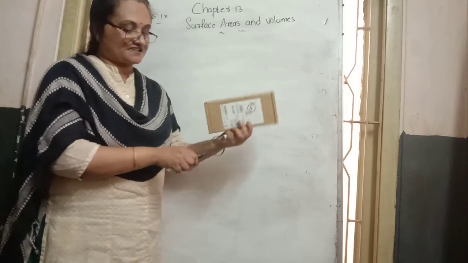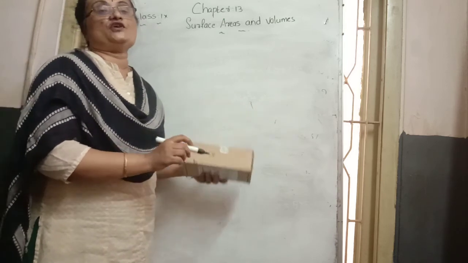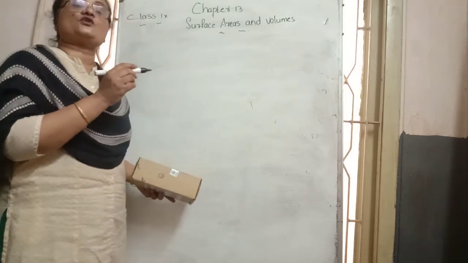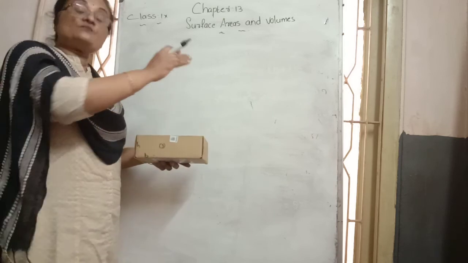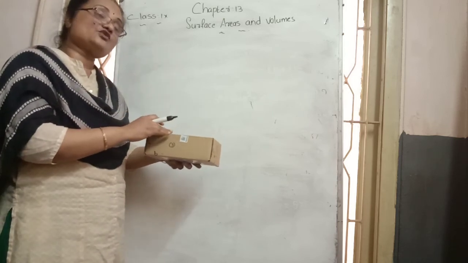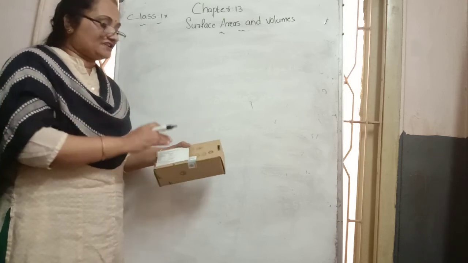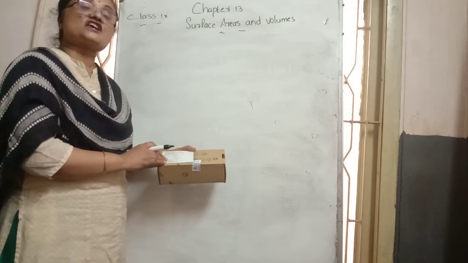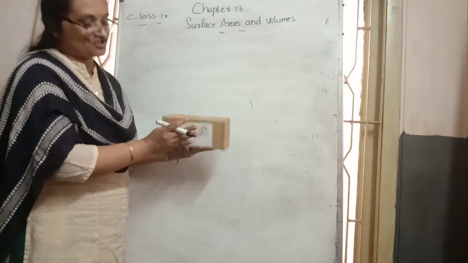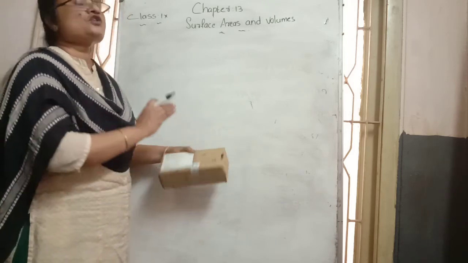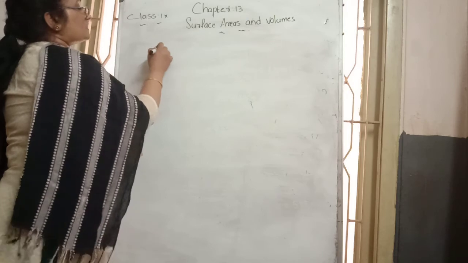Now we are going to discuss how to find the total surface area of a cuboid shape. The surface area of a cuboid, another name is total surface area. Total means full. So how many faces does a cuboid have? 6. So all these 6 face areas. How to find? Then one more thing. Each face is in which shape? Rectangle shape. See, this is a rectangle. Here also rectangle, here also rectangle. All 6 faces are in which shape? Rectangle shape. So first of all, we want to find out TSA.